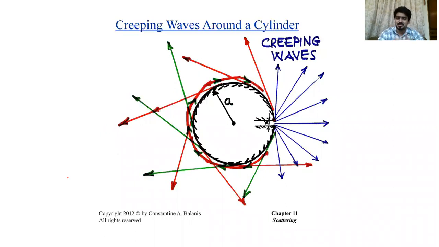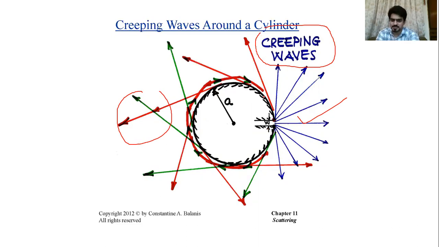And similarly, the same mechanism can also be used to explain the radiation from the aperture mounted on the cylindrical surface. So as you can see here, this is a direct radiation, and then on the back side in the shadow region, again you will have radiation due to these creeping waves. Okay, so this is nothing but the diffraction from the curved surface.